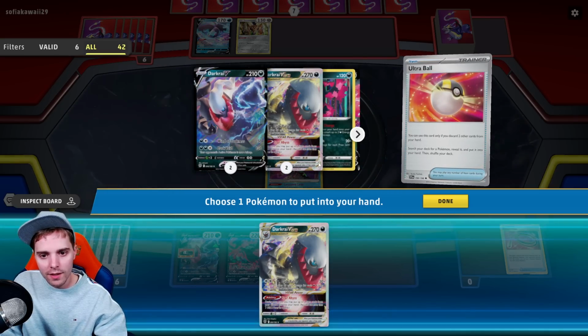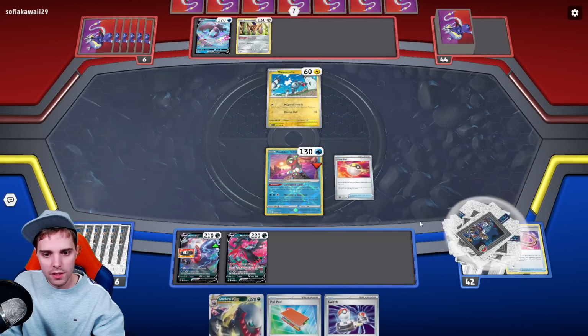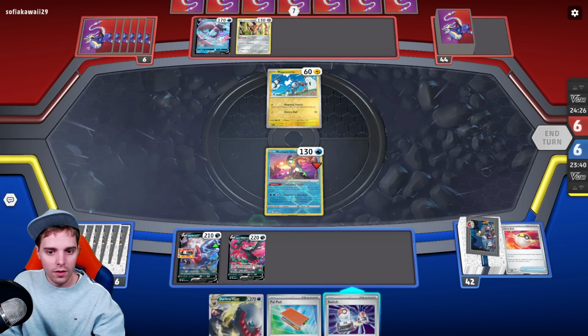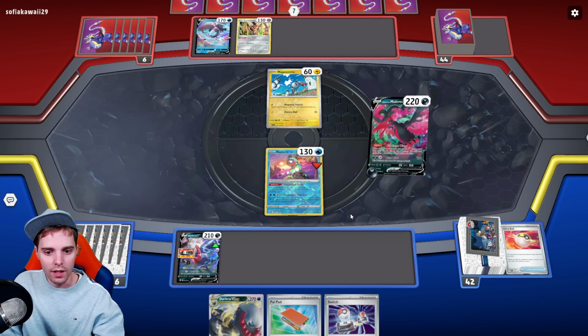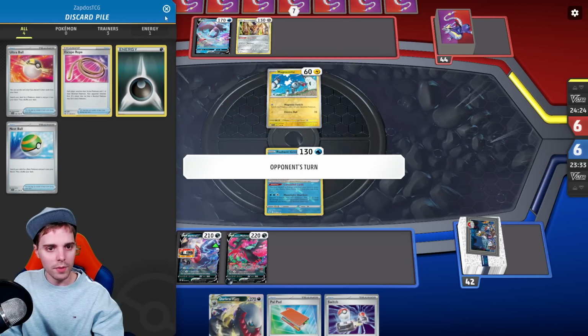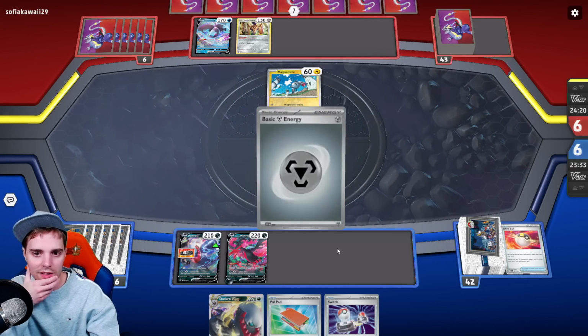We're gonna go for Adamant, get some stuff going. Yeah, that's pretty scary. We might draw into a Pokemon though. I should have waited with the energy. Yeah, now we have like nothing in hand. I should have checked Lumineon. I would have used Lumineon Research here, to be honest. But they don't have a lot of things either, so...